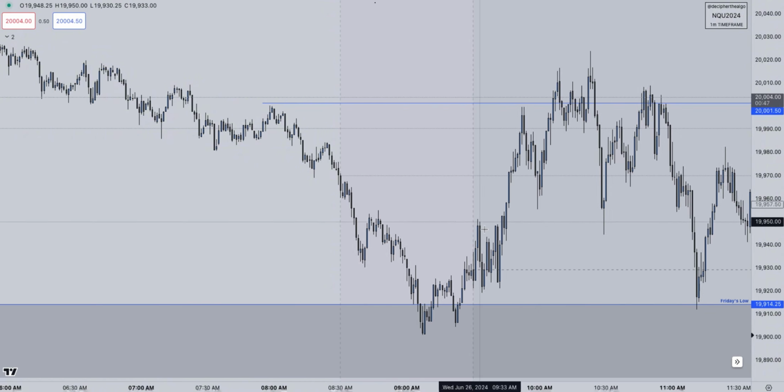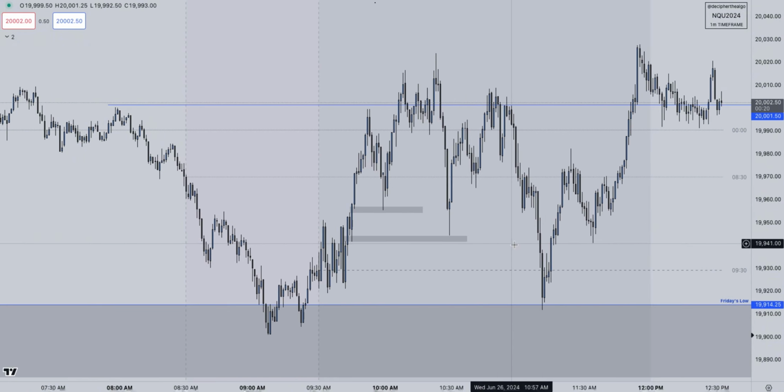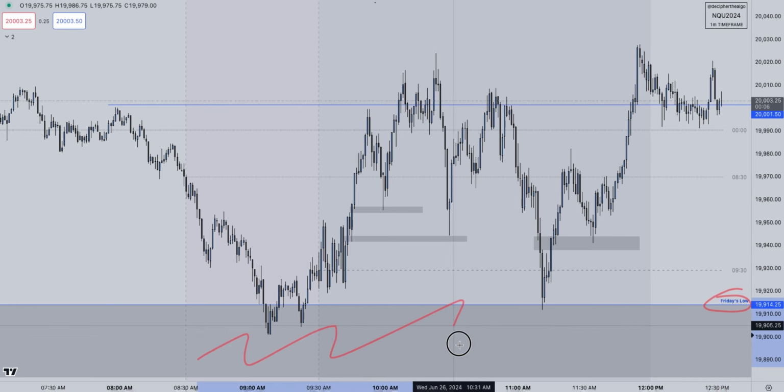As far as the 1 minute entry goes, we do have a 1 minute gap right here. We have the same gap on the 30 second as well. It looks a little bit different. We have a gap right here. So you could have entered in a number of places. You could have entered here, you could have entered here, you could have entered in this gap, ultimately targeting that high. Or later in the session, we see that we actually had another possible opportunity using this same logic with Friday's low, as well as the Reaper inverse fair value gap that overlaps. So we had this, and then we had all of this area.